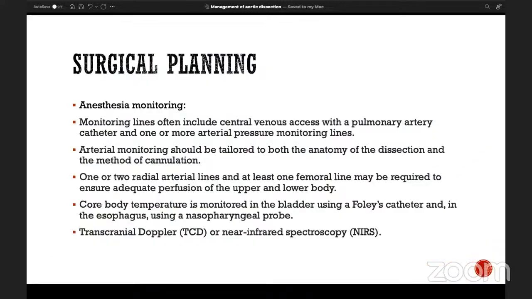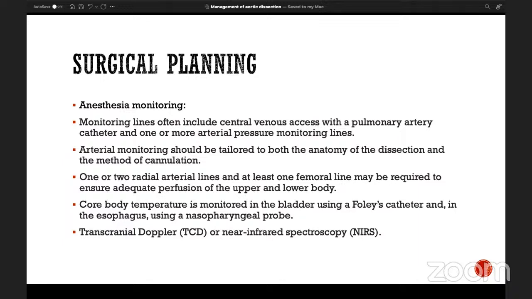The surgical planning: the important thing about management of patients with aortic dissection is to plan your surgery before you go on. You review the CT, you plan your extent of repair, what you're going to do, from where to where, the extent of the disease and pathology, what is your strategy for cannulation, protection, everything should be planned before you go on and start your procedure. Usually the management starts with preparation and the anesthesia